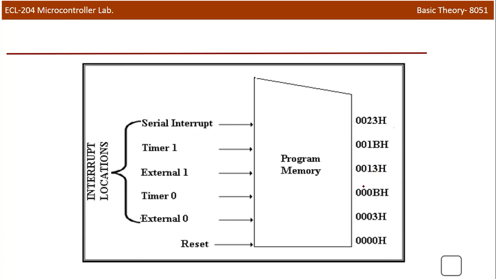So when we are using the timer module and configuring the interrupt concept, which we will discuss later, these particular addresses are dedicated to this interrupt programming, and we will not use these memory locations. There is a practice that we write the normal program after these memory locations if you are using interrupts. Otherwise, if you are not considering any interrupt concept, you can use all these memory locations for programming purposes.